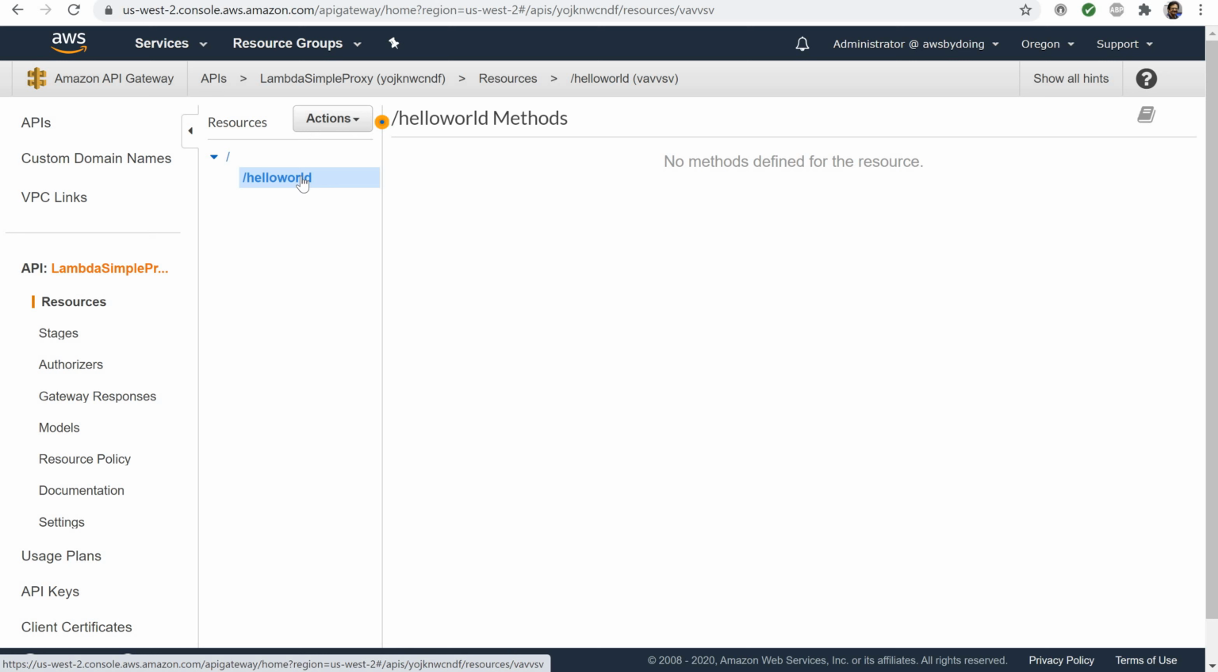In a proxy integration, the entire request is sent to the backend Lambda function as is via a catch-all ANY method that represents any HTTP method. The actual HTTP method is specified by the client at runtime. The ANY method allows you to use a single API method setup for all of the supported HTTP methods like delete, get, head, options, patch, post, and put. To set up the ANY method,